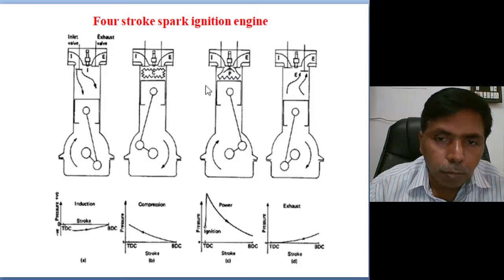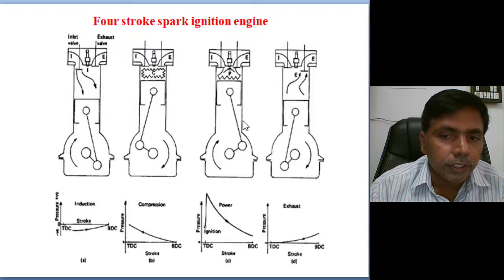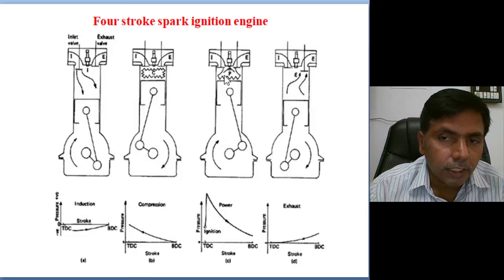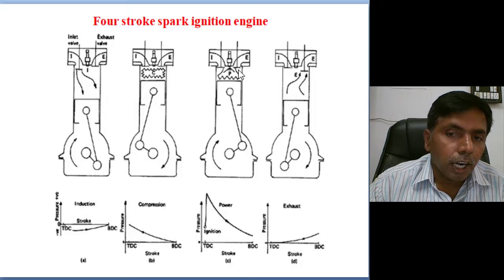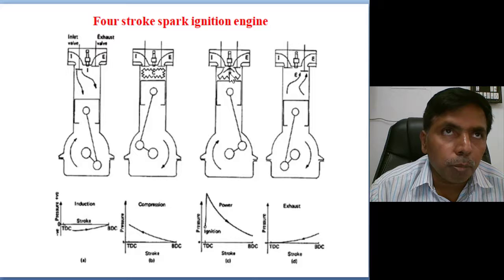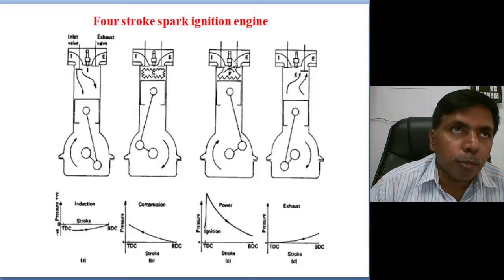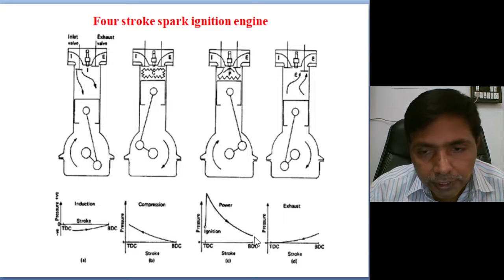At the end of the combustion, the piston starts moving from TDC to BDC. You see, the ignition spark we gave is at constant volume, meaning this clearance volume we are not changing. At constant volume we gave the spark, and automatically pressure rise is taking place. After reaching peak pressure, the piston starts moving from TDC to BDC. This is the power stroke. Because of the high pressure, high temperature combusted fuel, it is creating pressure on the piston. It is producing the power stroke. Adiabatic expansion is taking place.